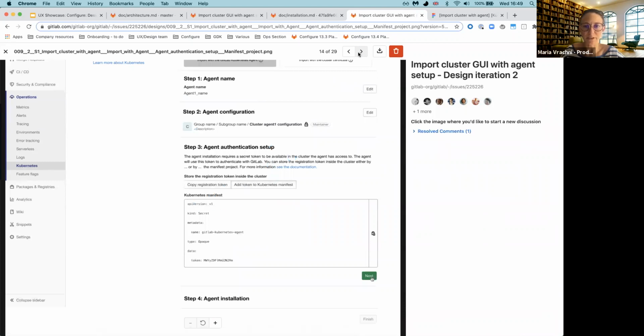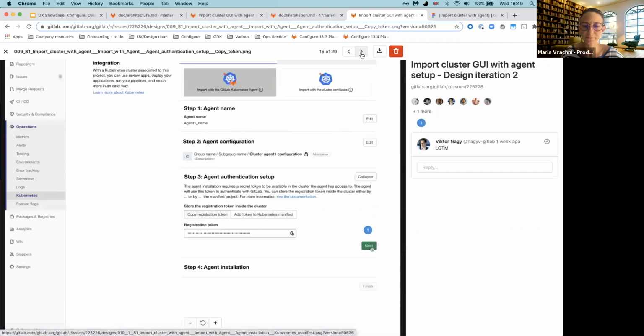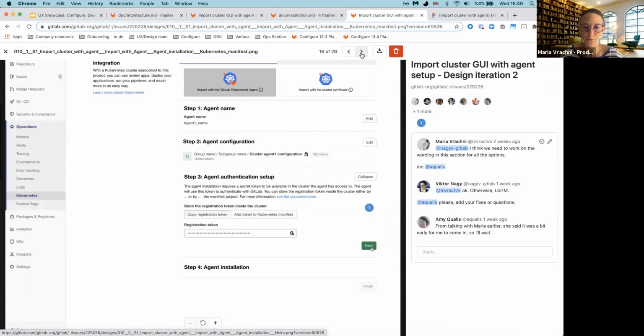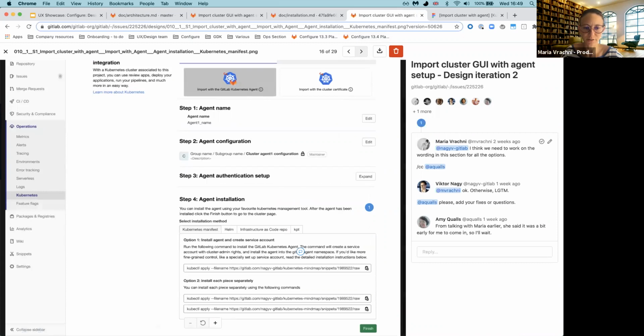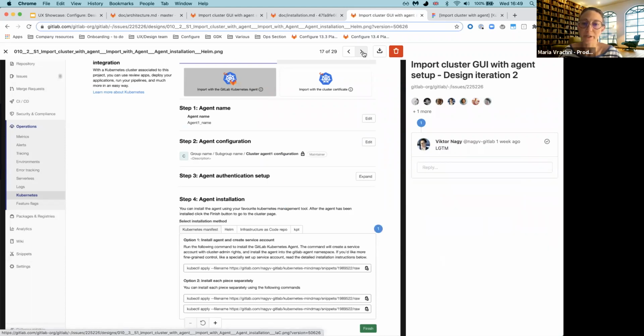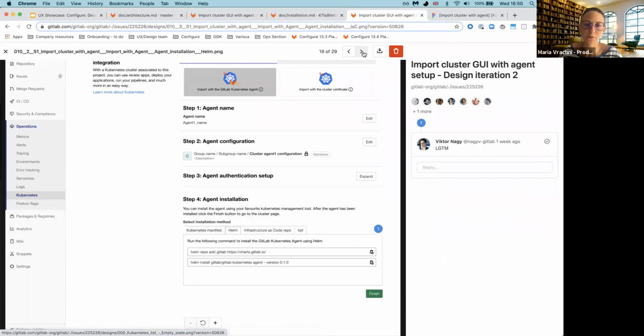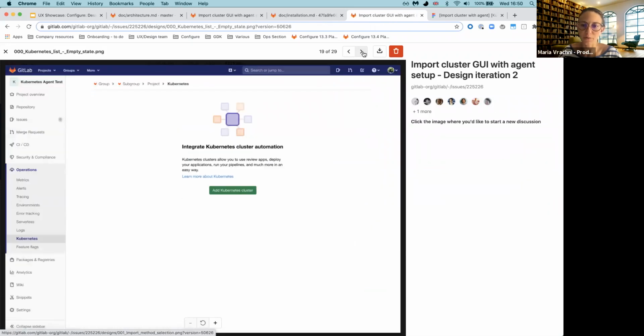We have a segmented button, and the final step is to provide the agent installation. And we provide 4 ways to install the agent. So this was iteration 1. I got a lot of feedback, and also the team had a review of the designs in a sync meeting. So in iteration number 2, which is this one,